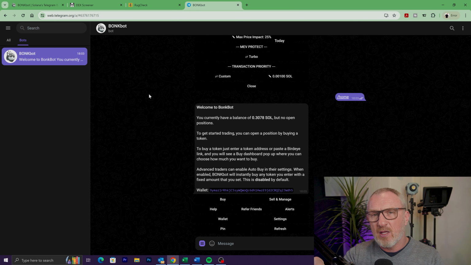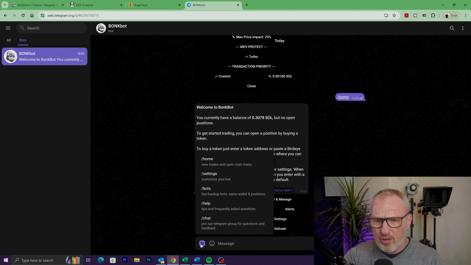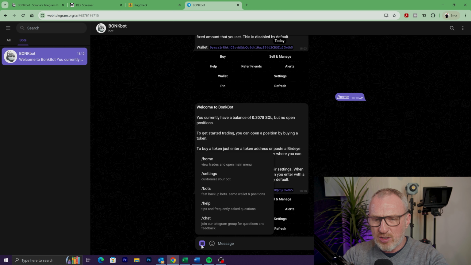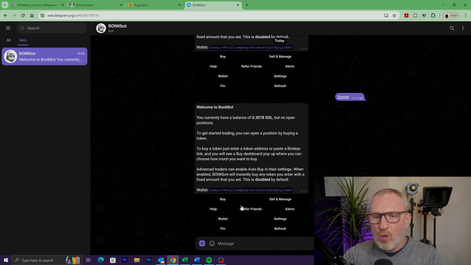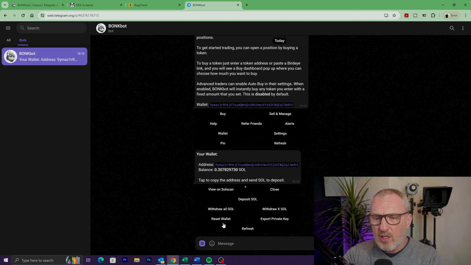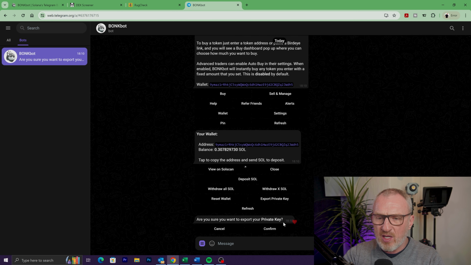You can link the wallet to your Solflare wallet or Phantom. Once you're in the main home screen, you can just keep coming back to home if it's not on the screen by clicking the three lines and clicking home. Once you're here, you can click on wallet, you can click on export private key, click on confirm, and your private key will be shown.